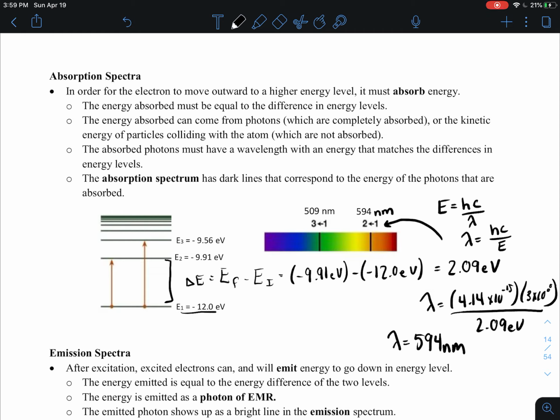So if you think about that energy that's required, it takes 2.09. If you look at this jump here, you can definitely tell that the energy is higher. It requires more energy to make that transition. The gap is different, or larger, therefore the energy would be larger as well. So in this case, if you think about the energy, we notice that it's 509 nanometers, and even though it's a smaller wavelength, it would then have more